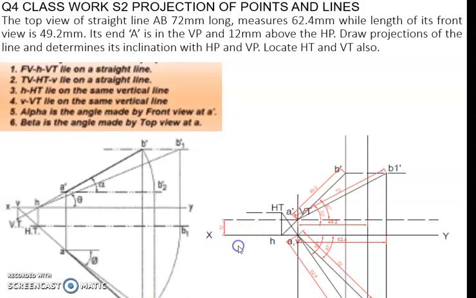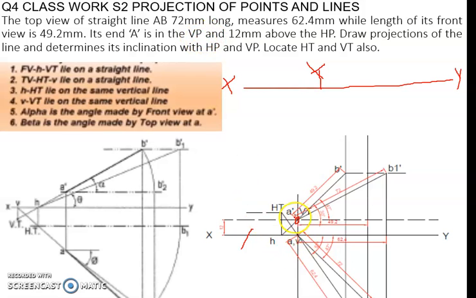So let me take the pen so that I can draw with the compass. First we draw the XY line. Okay, this is your XY line, right? Then we have to locate A. The end A is in the vertical plane and 12 mm above the HP. So end A is somewhere here. Okay, this is A, 12 mm above the HP, the horizontal plane, and as it is in the vertical plane,